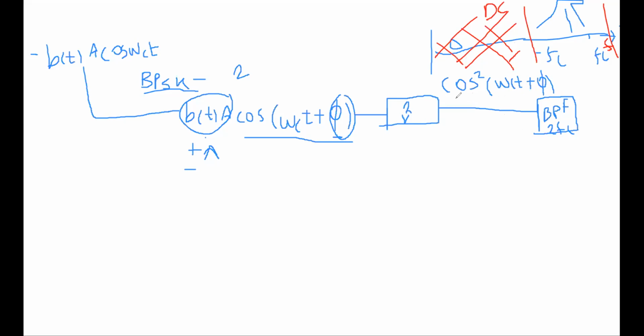Now we have to identify the DC component in this part. So this cos square of omega ct, how can it be written in terms of the DC component? This cos square of omega, or cos square theta, if you go for trigonometry, what is the trigonometry for cos square of theta? It is 1 plus